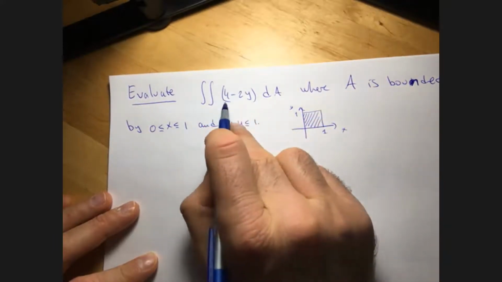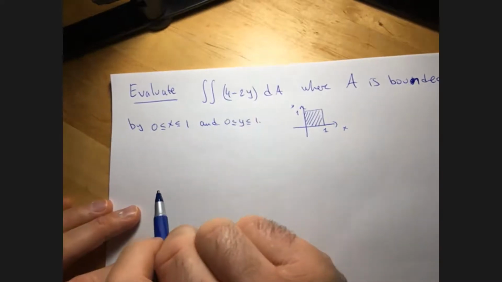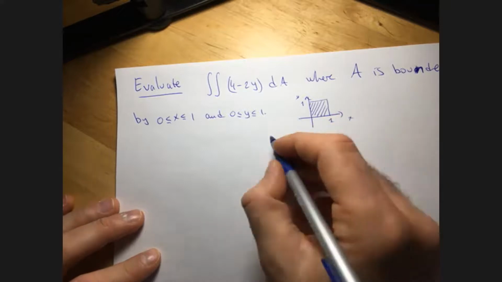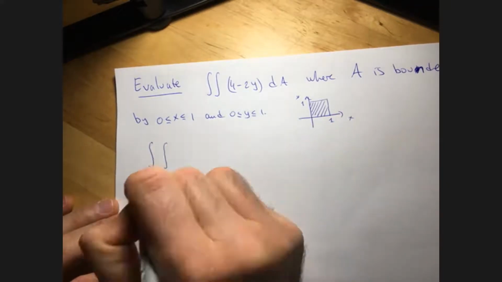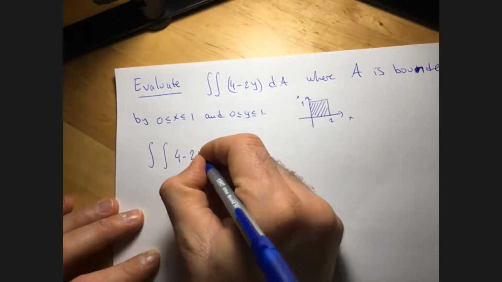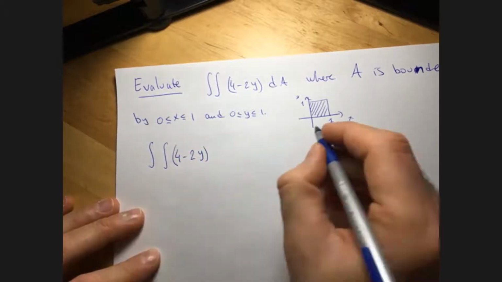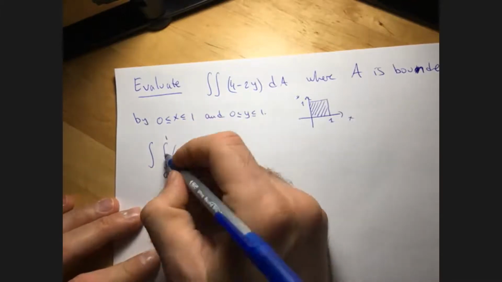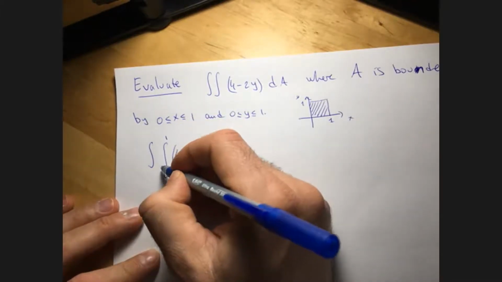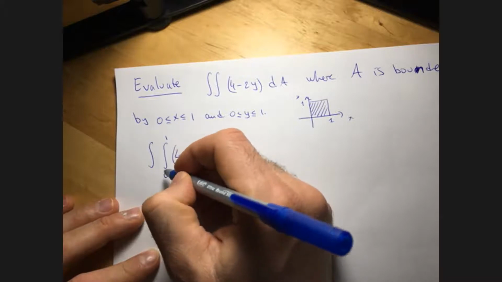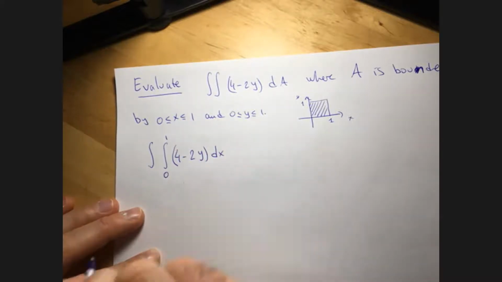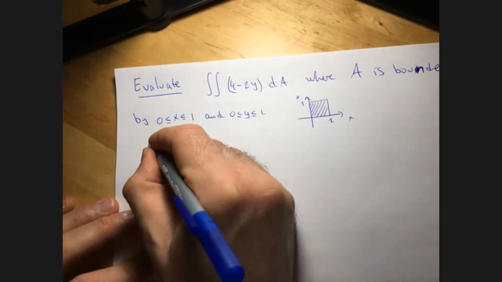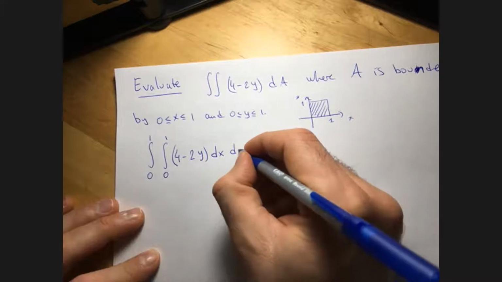And this is just going to be a plane, so we don't really have to use double integrals, but nevertheless, let's evaluate this. So here you will choose how you are going to integrate this. Obviously x goes from 0 to 1. If you write the limit of integration in terms of x, first you have to integrate in terms of x. And then in the second one, if you write the limit of integration in terms of y, you have to write here